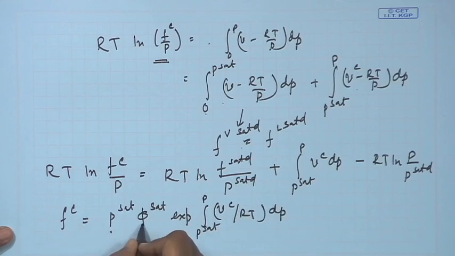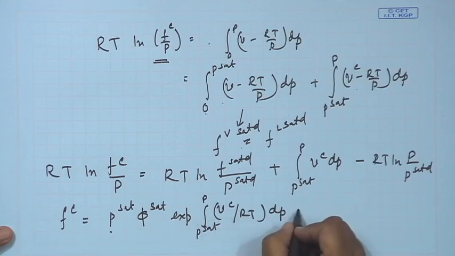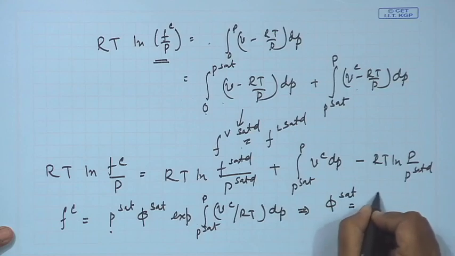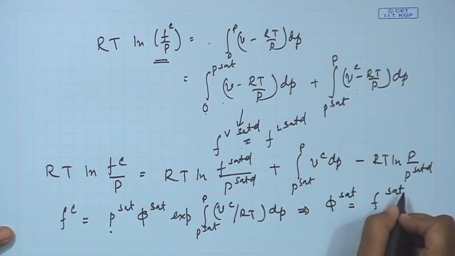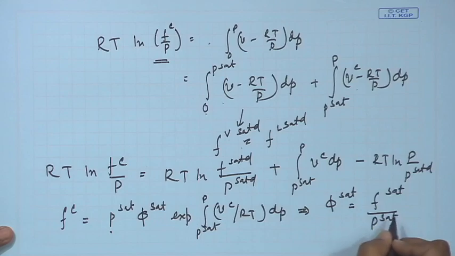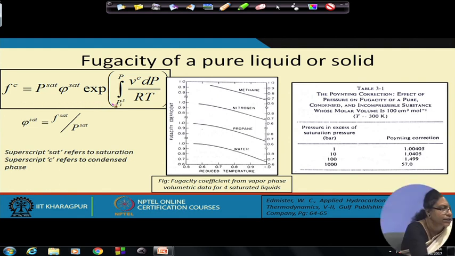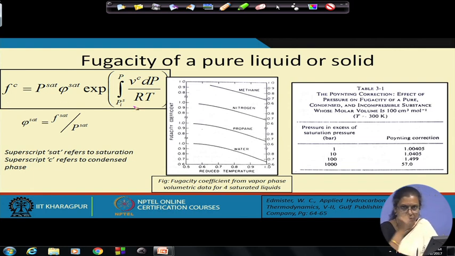Phi saturated is nothing but the fugacity of the vapor under the saturated state divided by the pressure under the saturated state. Well, this is the equation that I have mentioned here. So, this is the fugacity of the condensed phase, and I would like to recall that this particular expression has been derived